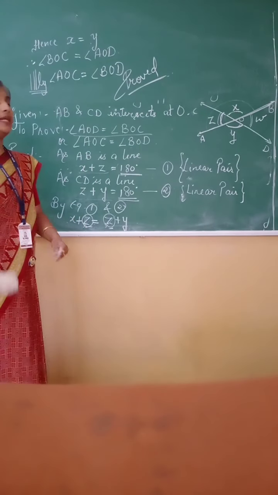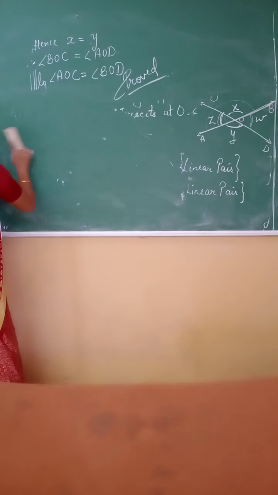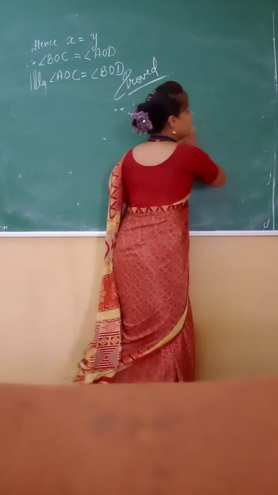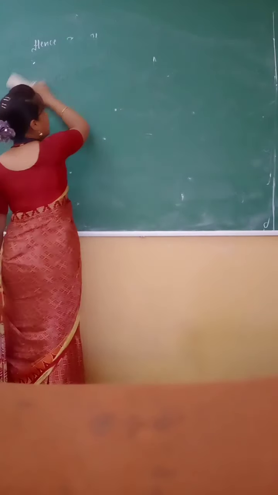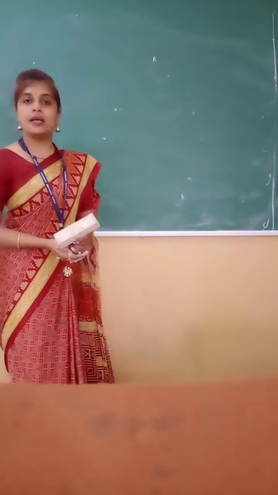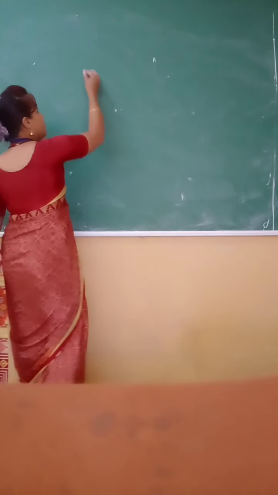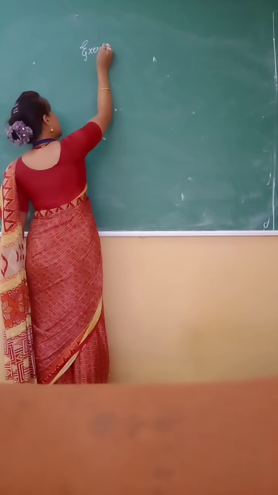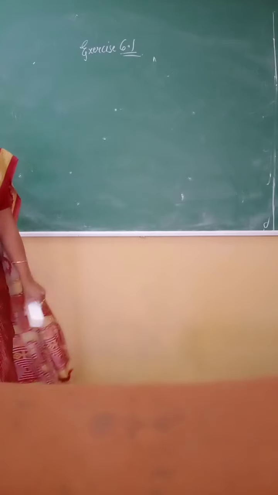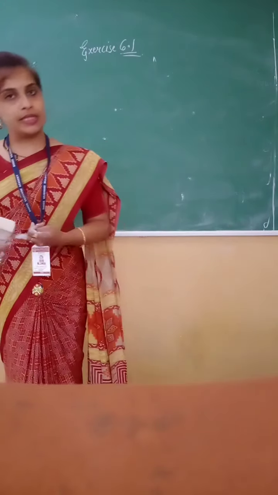Now after this, let us start exercise 6.1. Before writing down the solutions of question 6.1, also mention this theorem in your notebooks. Notebooks में ये theorem भी लिख कर रखिएगा because in the examination most of the theorems are asked. Okay, now we will move on to our exercise 6.1, which is based on these two terms, that is the linear pair and vertically opposite angles.